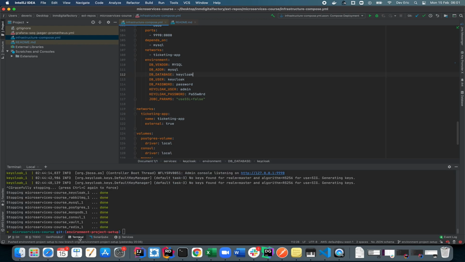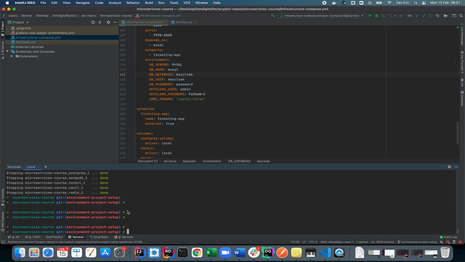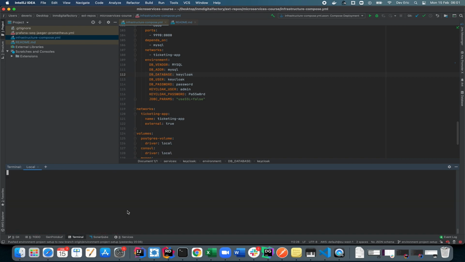Now in your terminal, let's perform an ll. Okay, we have our files that we are going to be using. We are going to dig more into this Grafana SQL Giga Prometheus file as we progress. All right, so for now your file of interest should be infrastructure compose.yaml. All right, having said that, let us do a docker